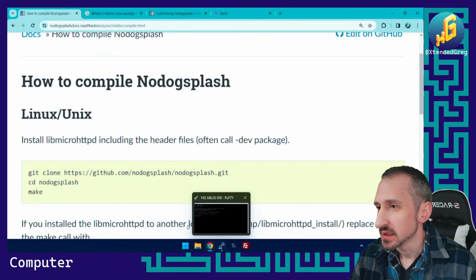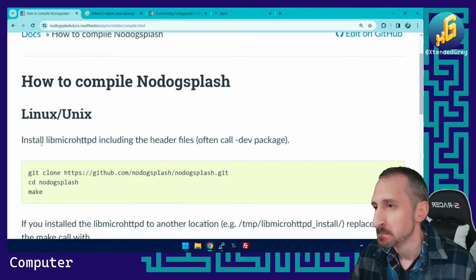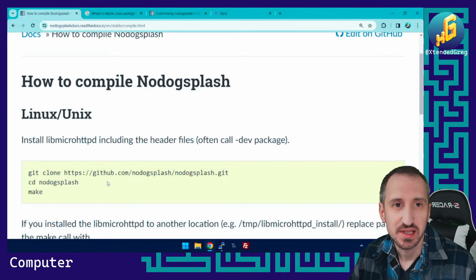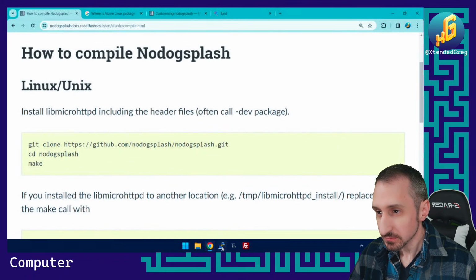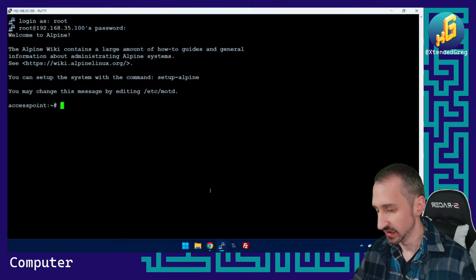So when we go over to NoDog's documentation, we do have a compilation guide. And what that gives us is just kind of a basic rundown of how to build it, and it's pretty straightforward. So we just clone the repository, we cd into the directory that it actually creates, and then we just make it, and then we do make install. So before we do that, we do know that there's going to be a few things that we're going to need. So first thing is git